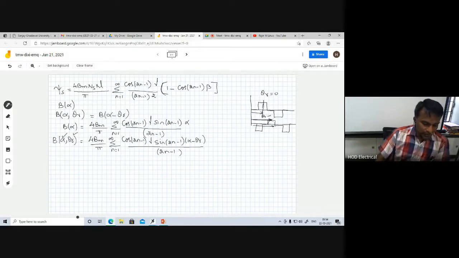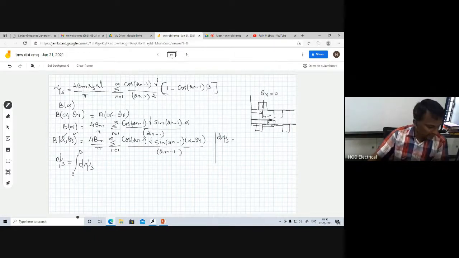Now we are going to consider the entire coil span. We have understood the magnetic flux density in this small area. So the magnetic flux linkage for the whole area, 0 to beta, the entire coil span, is obtained from d psi s. What is d psi s in the previous equation? We have already derived d psi s.